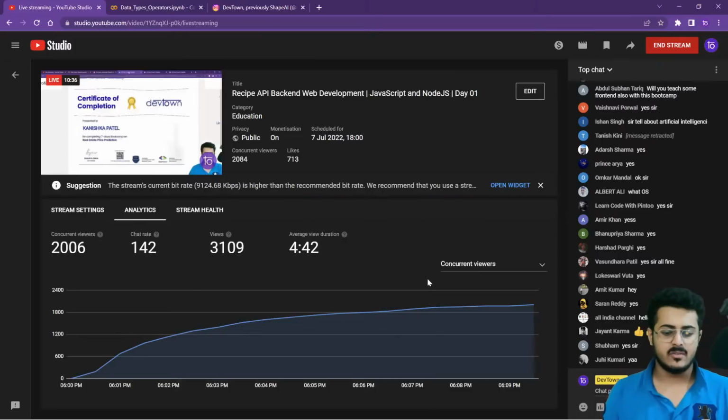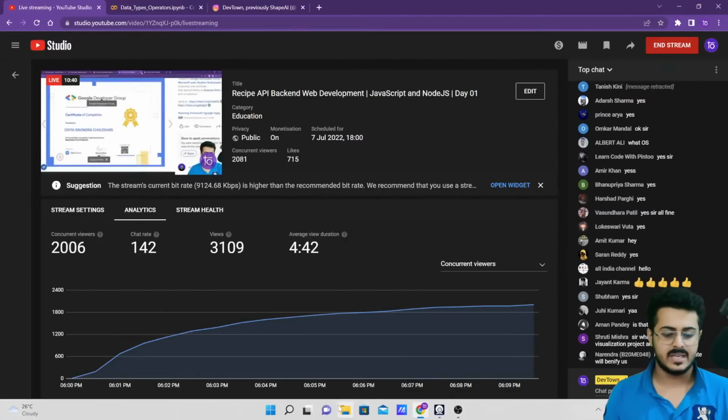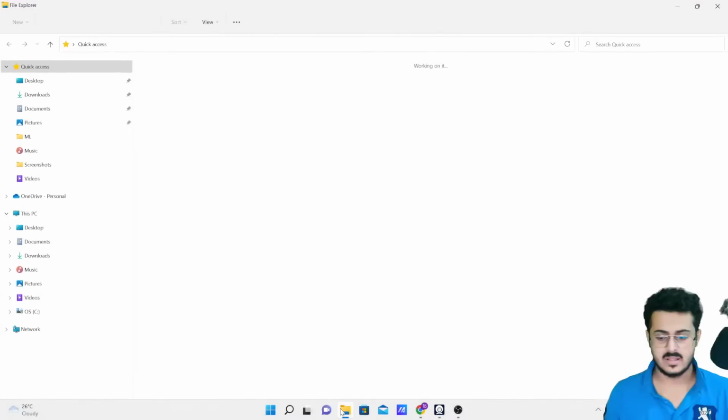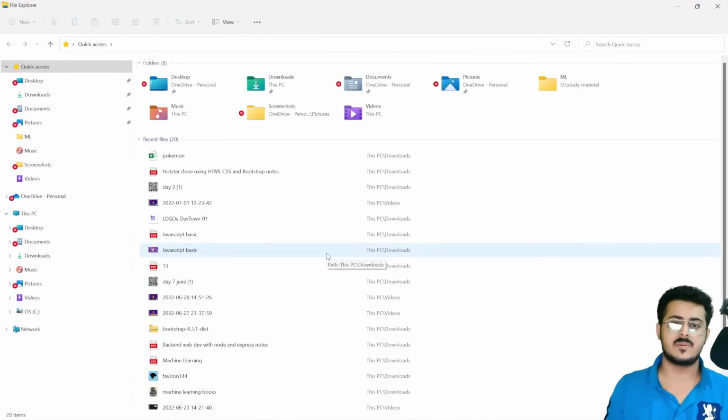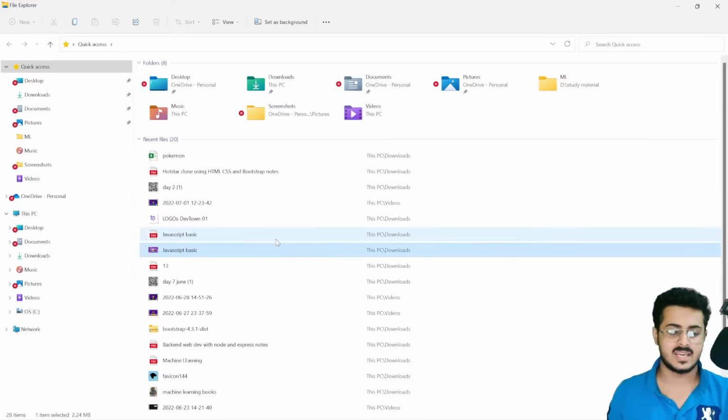We'll be starting, of course, with JavaScript as a language, and let's first try to understand a bit about websites as well. Yes, you can put up these certificates as well as the projects on your resumes. Of course, that is the reason why we are giving these certificates at the end of the day.